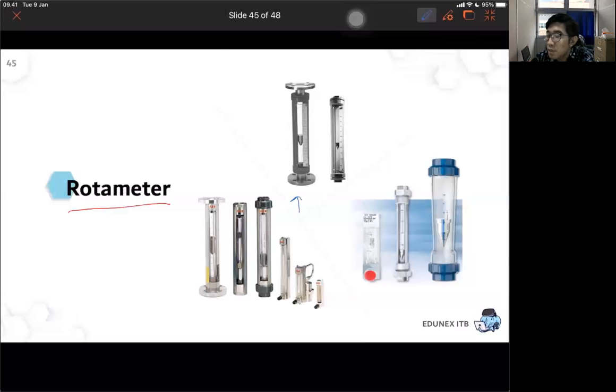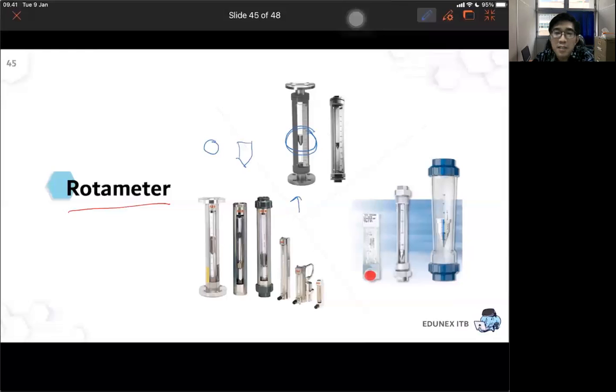Inside the rotameter, you have a ball. Sometimes the shape is really a ball, sometimes the shape is like a bullet. So like this one. When you have gas flowing from downwards, it will lift the ball